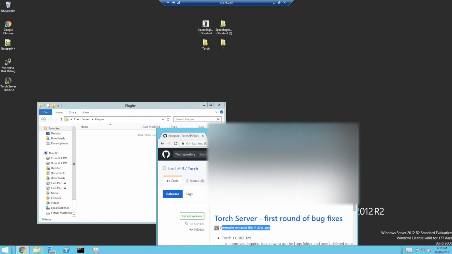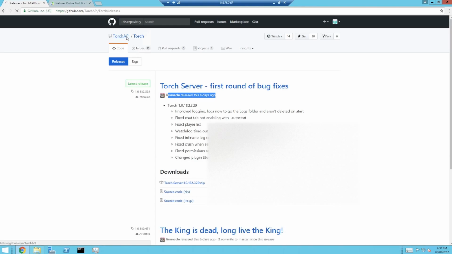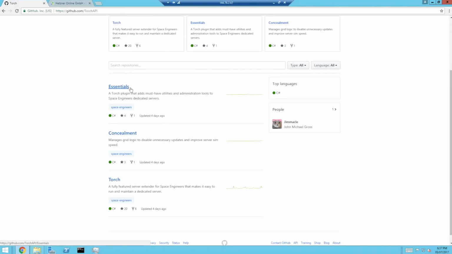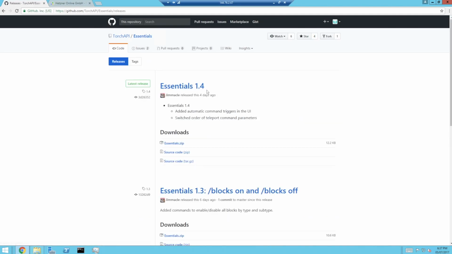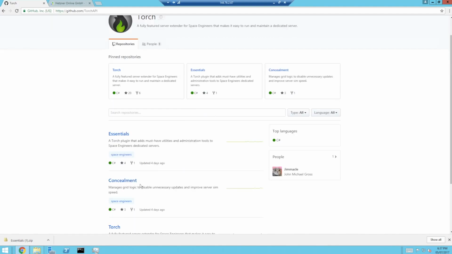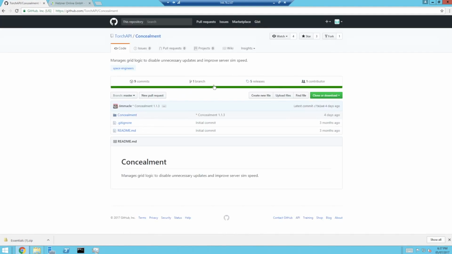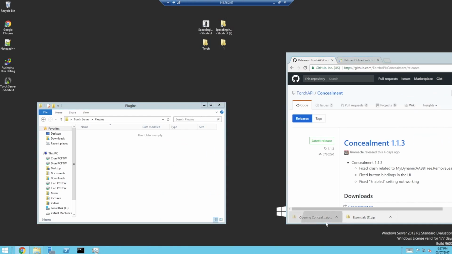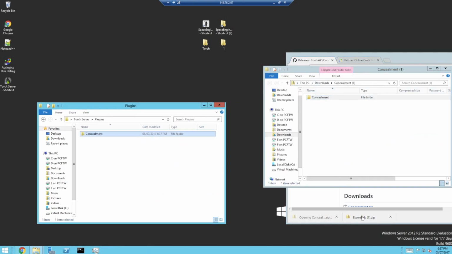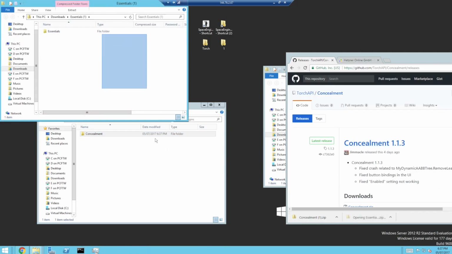Now we're just going to go to Torch API. Here we have 2 plugins available. When you're watching this, there might be more plugins, I don't know. Go to releases, go to here, just download the latest one. Essentials.zip is what you need, or don't need, depending on what you want. And then Concealment, this is another plugin, it improves the sim speed slightly. Download that zip. Now come over here, open it, drag and drop this folder, open this one, drag and drop